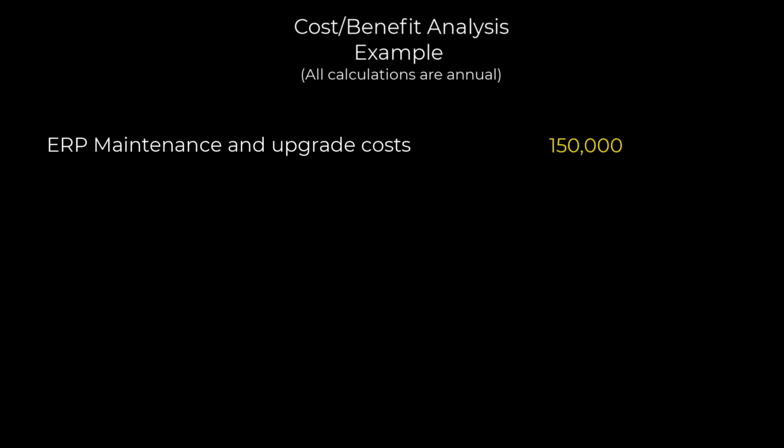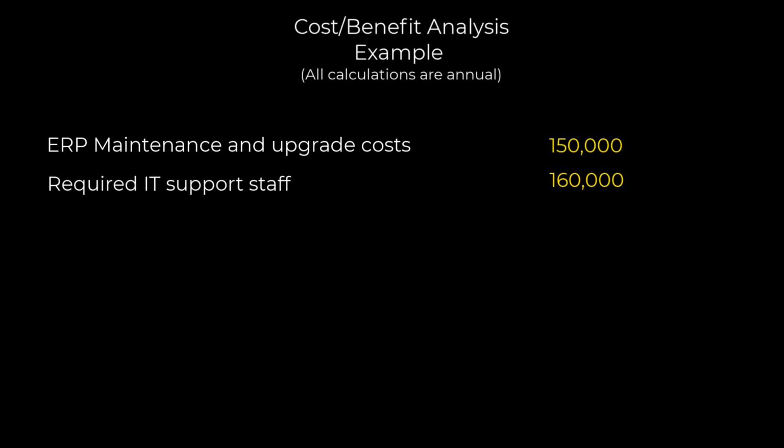Now let's look at a quick example. A manufacturing company is considering moving its enterprise resource planning, or ERP system, to a cloud-based solution. The cost-benefit analysis might include the following. Costs. The current on-premises ERP system maintenance and upgrade costs of $150,000 per year. The IT staff required to manage the on-premises ERP system, which consists of 2 full-time employees with their salary and benefits equaling